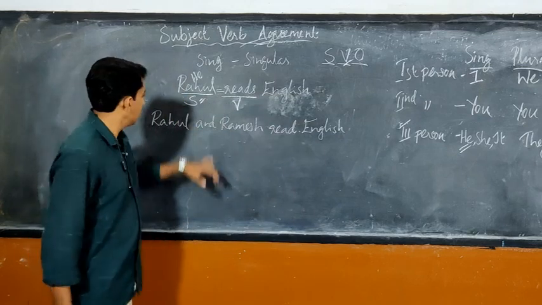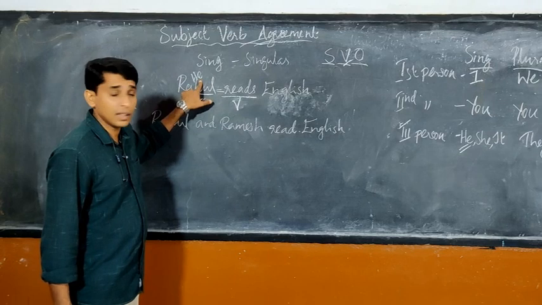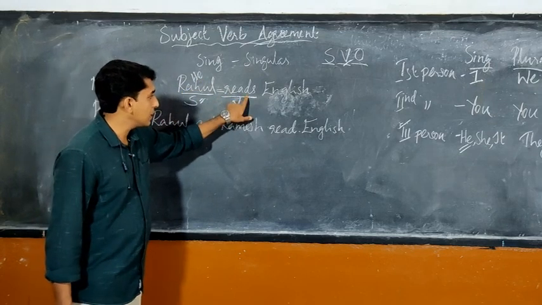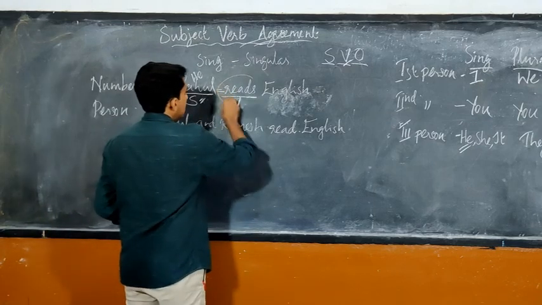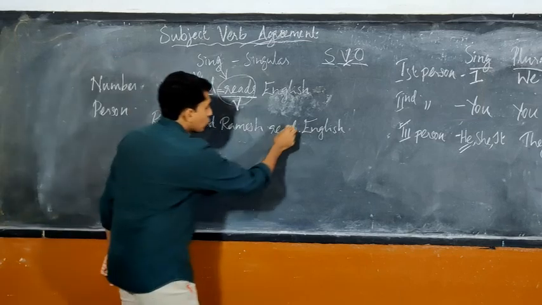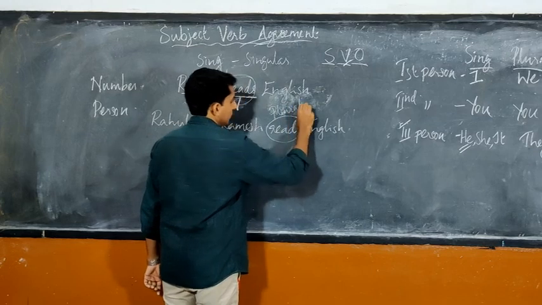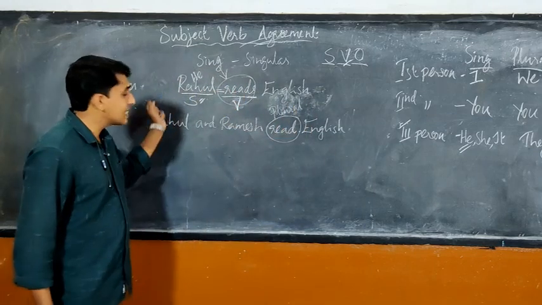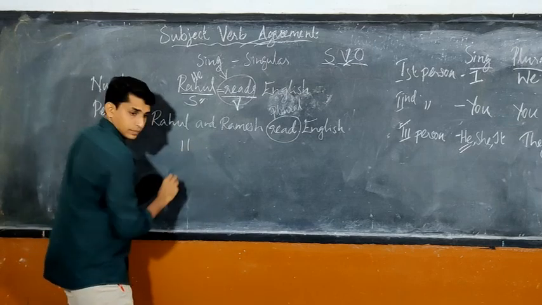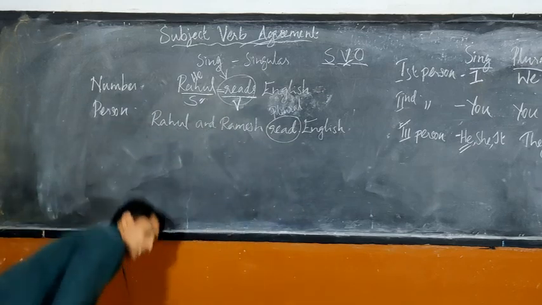Do you understand? If it is one person alone, and the pronoun for that is he, in present tense, we are speaking about present tense, it should be singular. This S form is singular. Okay, and this normal form is always said to be plural. And this is the same with other tenses. The same verb we will take.